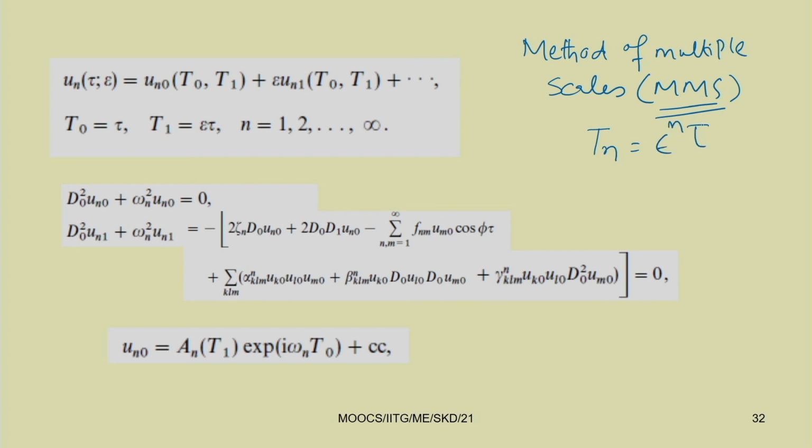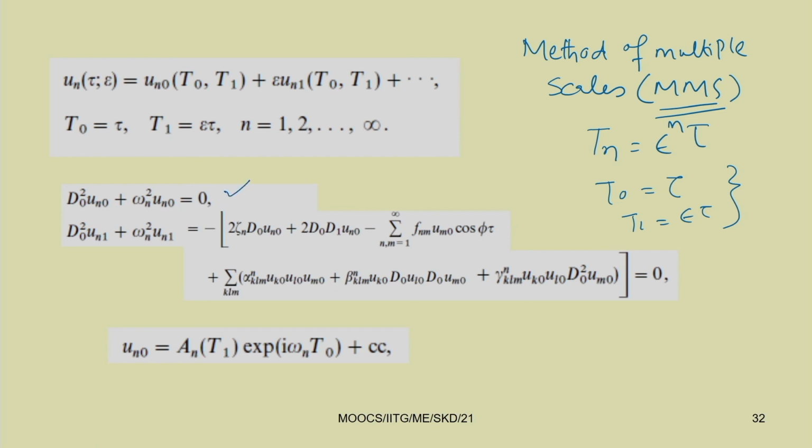So, here you are taking non-dimensional time, it is τ. So, T0 equal to ε to the power 0, that is equal to 1, that is τ, and T1 equal to ετ. So, we are taking up to 2 time scales. So, T0 equal to τ and T1 equal to ετ. Now, substituting this equation in the original equation and separating the terms with different order of ε, we can have these two equations.